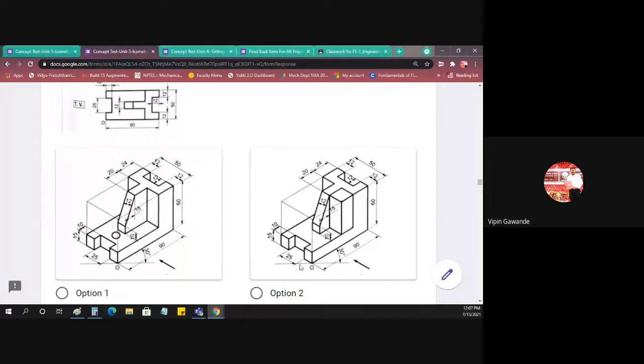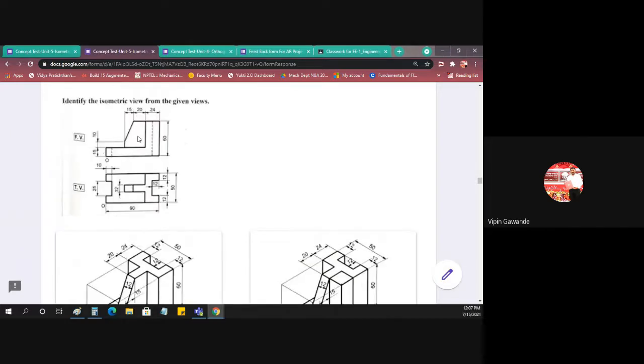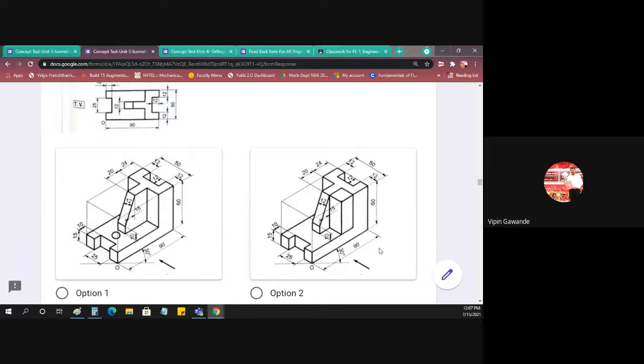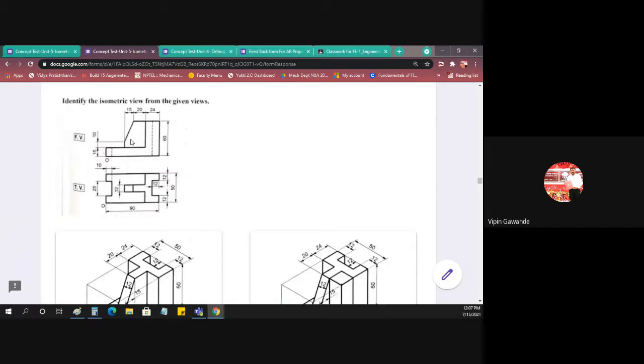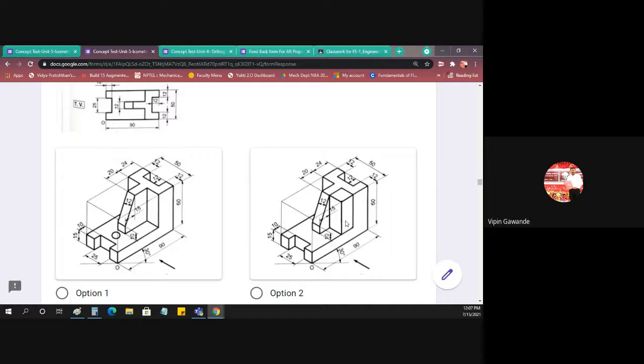Now check option number 2. Now the circle is not there in top view, but now there is an additional rectangle. So we'll get parts 1 and 2 here in the front view, but here there is only one surface. If we see option number 2, we'll get this rectangle and this part. Two surfaces are there, but we have only one surface here. So this is also not the correct option.